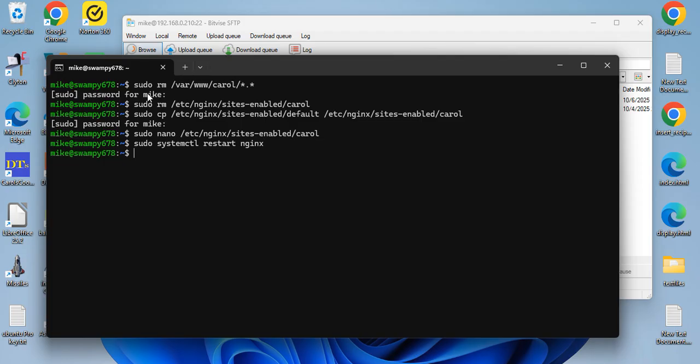Alright, good. When it does that, that means it restarted successfully. And we're going to check the status of it. Before, if I would have made a typo in that file, just put a space out of place, this would have come up with all kinds of red errors when I tried to restart it. So,